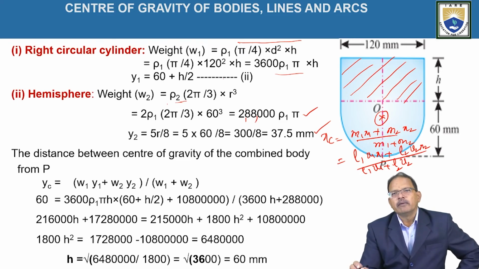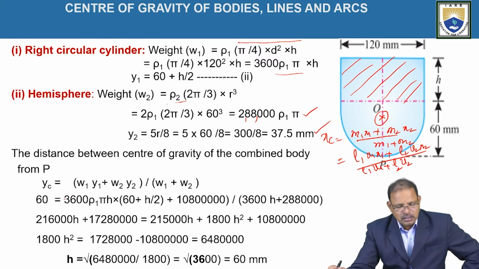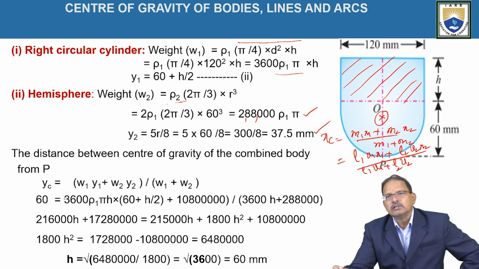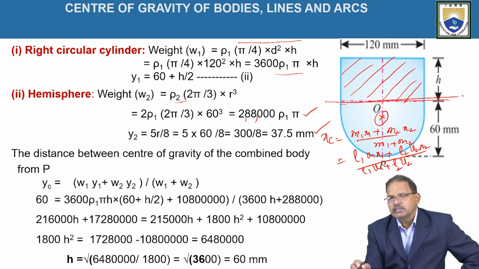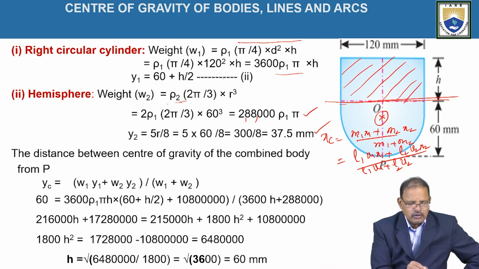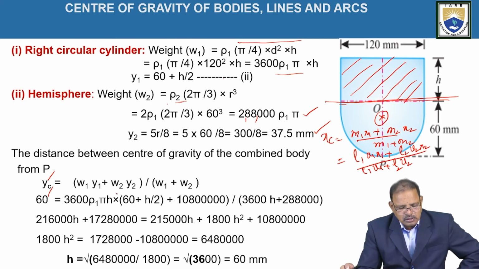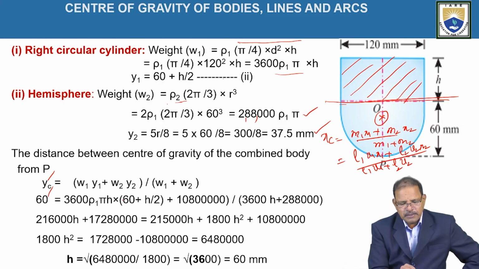The distance of the center of gravity of the combined body from the bottom of the figure is given by Yc equals m1y1 plus m2y2 divided by m1 plus m2. Here g is a constant for both materials, hence it gets cancelled. Since the centroid lies at the intersection of the two bodies, at a distance of 60 mm from the bottom of the figure, Yc equals 60, which equals 3600 rho 1 pi into h times h by 2, that is 60 into h by 2,